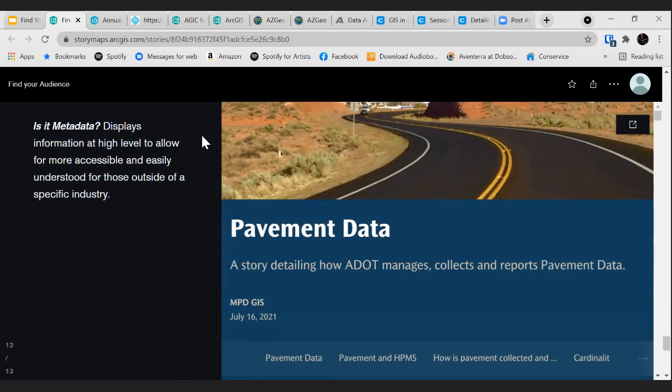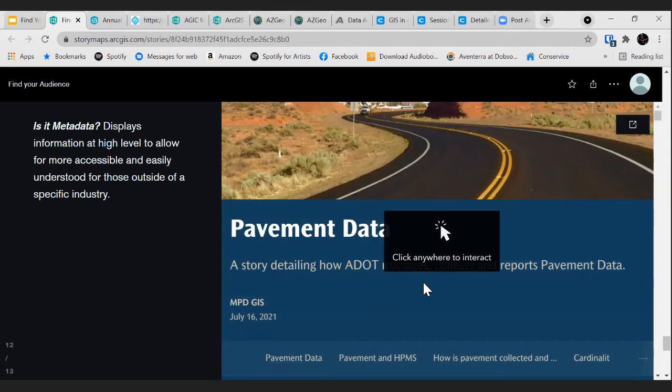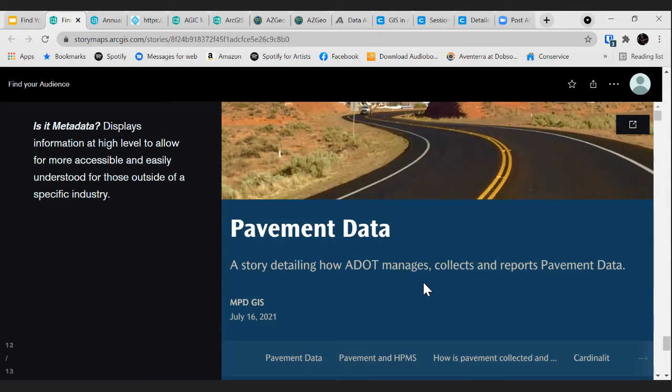Is it metadata? Are you generalizing or creating publicly consumed metadata? This displays information at a high level and allows for more accessibility and easy understanding for those outside of a specific industry. So are you taking your metadata, like I talked about at the beginning, your really complex list-formatted, process-oriented metadata and turning it into a publicly consumable,